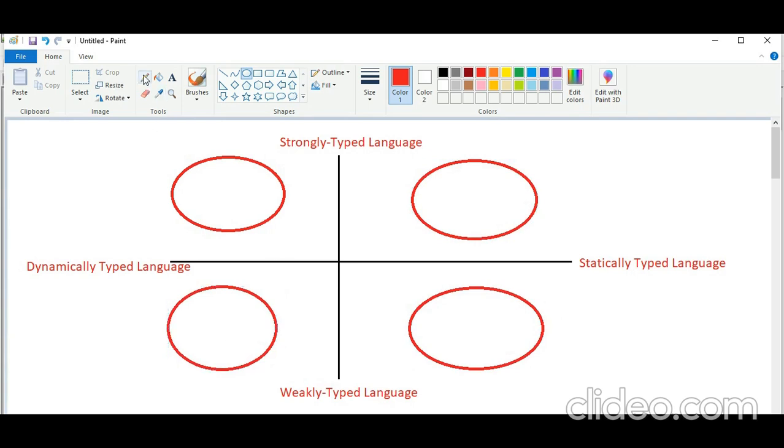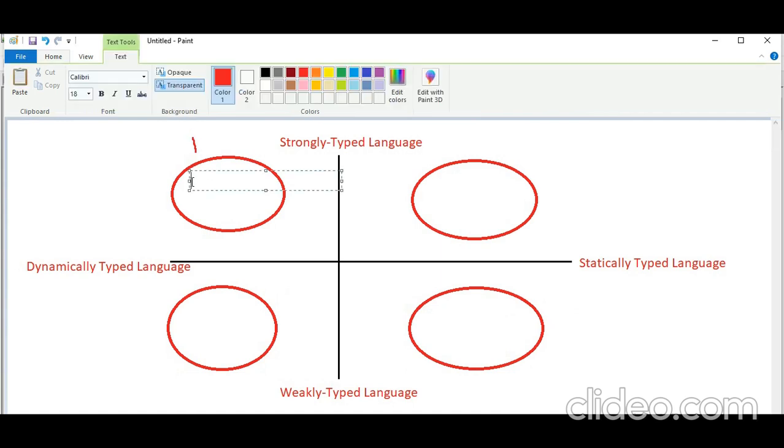When you come to this first place, what are the dynamically and strongly typed languages? The first example is the Python language. Python is a strongly and dynamically typed language. Next, Ruby is also strongly and dynamically typed, and we can take Groovy and Erlang also.